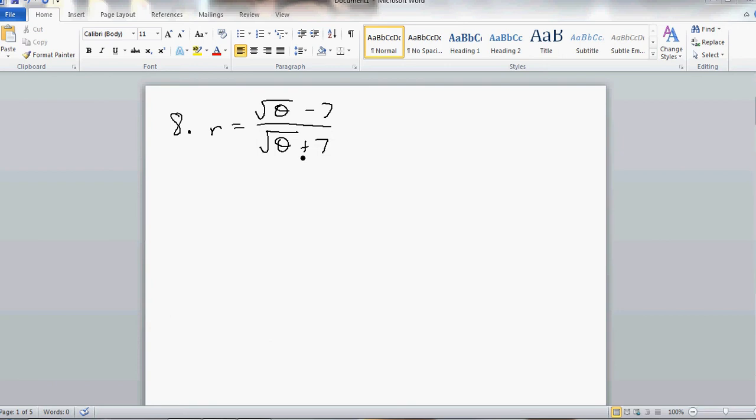And the first thing we need to do is rewrite this in a user-friendly form. We need to remember that the square root of theta is theta to the 1/2 power. So it's theta to the 1/2 power minus 7 over theta to the 1/2 power plus 7. And so it's obvious we have a quotient situation, so we need to use the quotient rule. So r prime would be ho